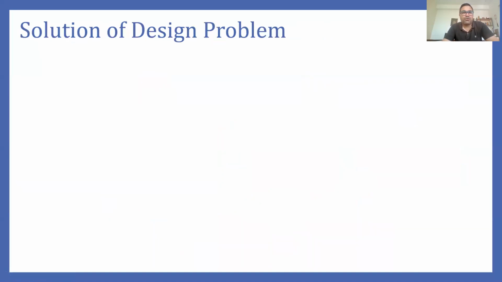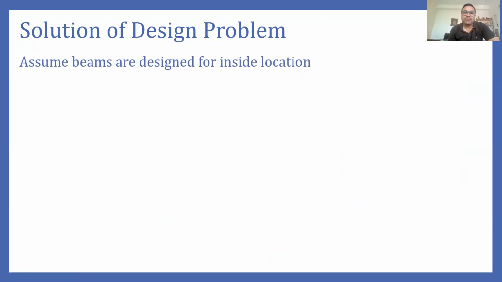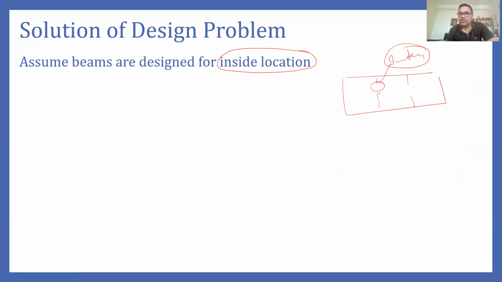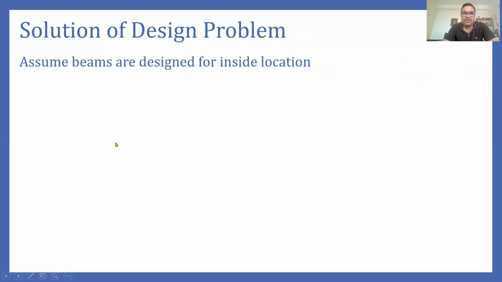So now starting our problem. Here in the question, it is not mentioned whether the beams are of outside location or inside location or wet location. Because you can see that the beams are like this, we will assume that these beams are interior beams, and therefore the location of timber of this beam is considered as the inside location. This inside location will be used when we try to find out the value of permissible stresses. So here we will assume that our beam will be designed for the inside location.